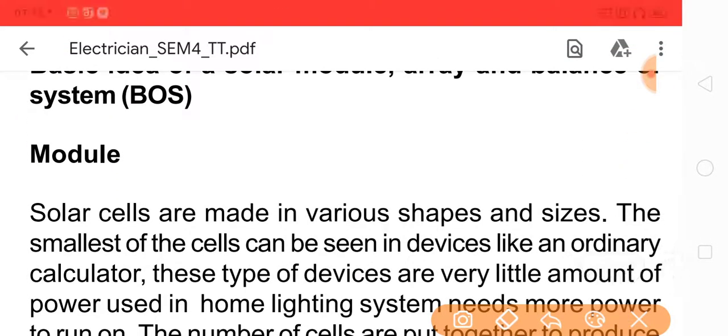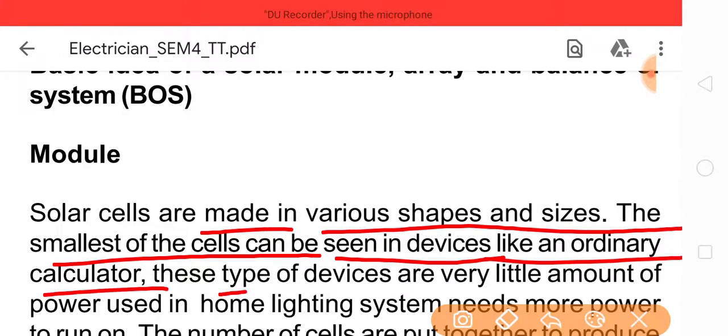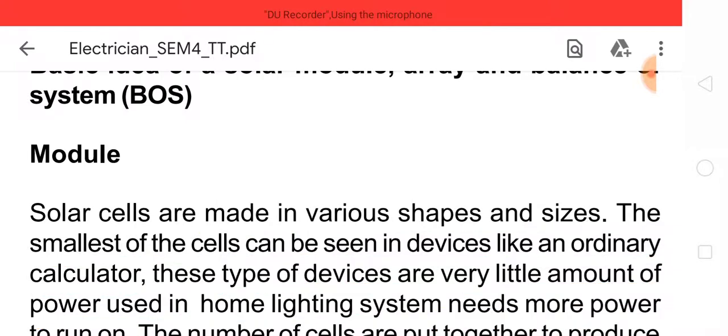The solar cells are made in various shapes and sizes. The smallest of the cells can be seen in a device like an ordinary calculator. These types of devices use very little amount of power, used in home lighting systems. Needs that are more power